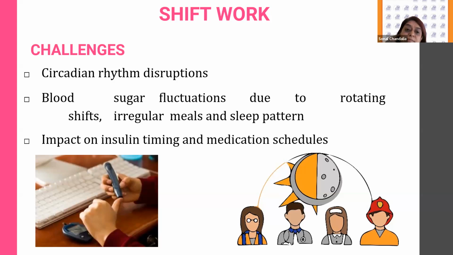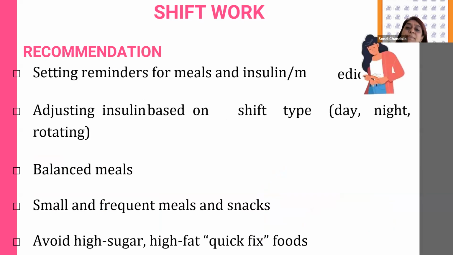Next, please. So what really happens is that they have to set reminders for their dosages, for when they have to take their medication. The insulin will be rotated according to their shift work. The meals yet have to be balanced, which we all know how to do if we are a nutritionist. But as a healthcare worker, you are actually everything rolled into one. So we have to know how to readjust those, and to avoid those high fat, quick fix foods, or the